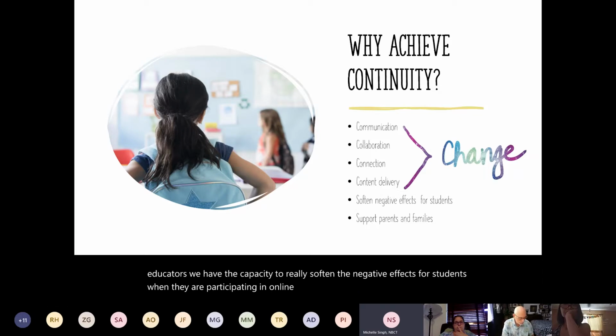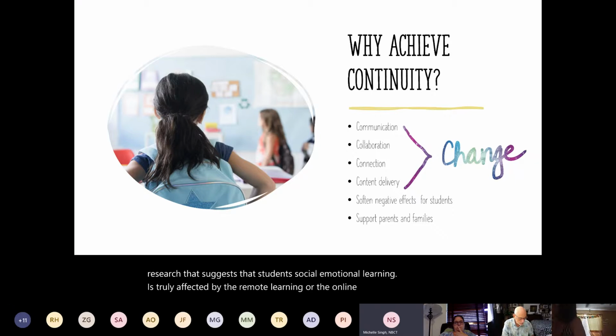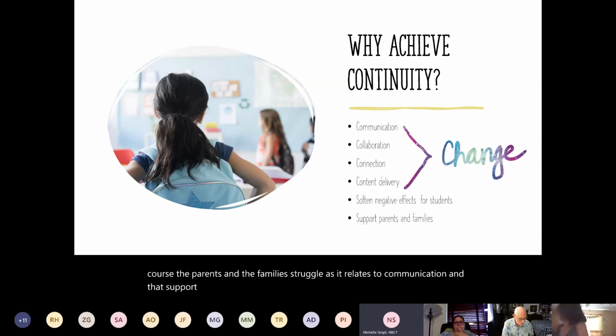There's lots of research that suggests that students' social emotional learning is truly affected by the remote learning or online environment. And of course, the parents and families struggle as it relates to communication and support. We can definitely put some structures in place to help support the parents and help facilitate